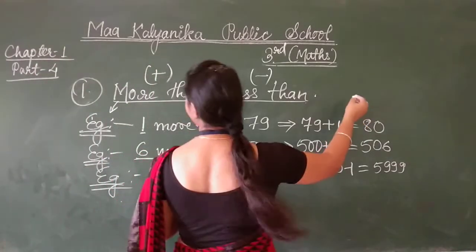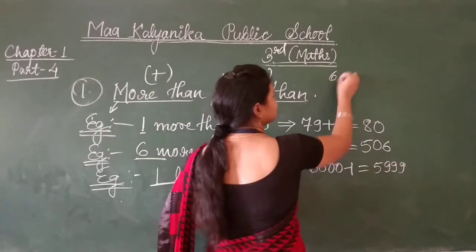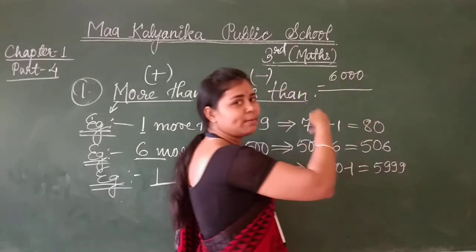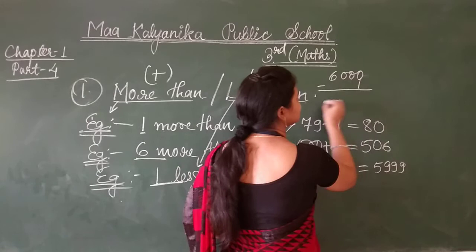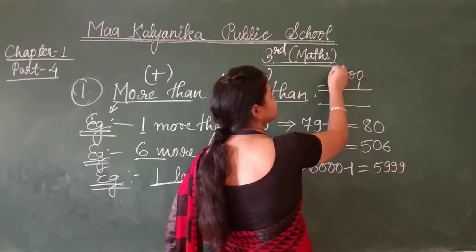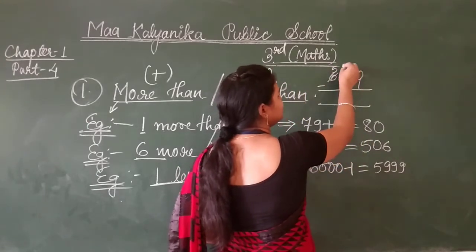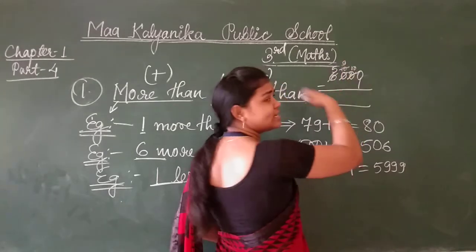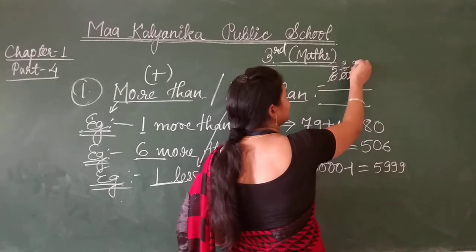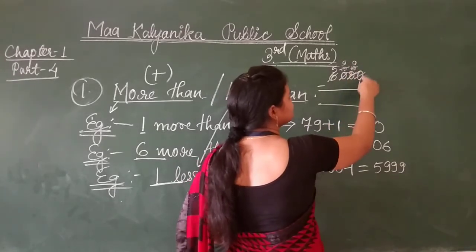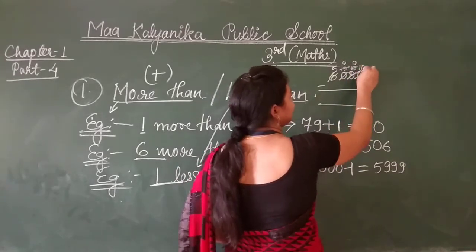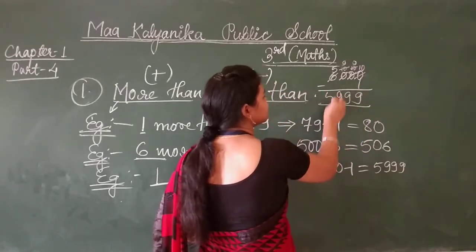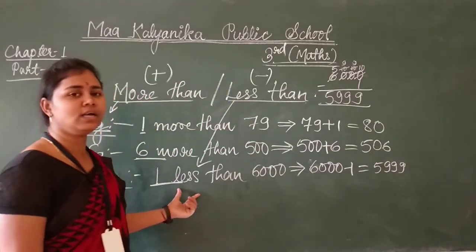How am I getting 5,999? Simply I am showing you here. See, 6,000 is written here and minus 1. You can write it in a column and subtract. 6 becomes 5. This 0 will become 10. 10 will become 9. This will again become 10 because we have taken a carry, and this will again become 9. 1 will go to the next. This will become 10. 10 minus 1 is 9. 9, 9 and this is 5. So in this way we got the number.